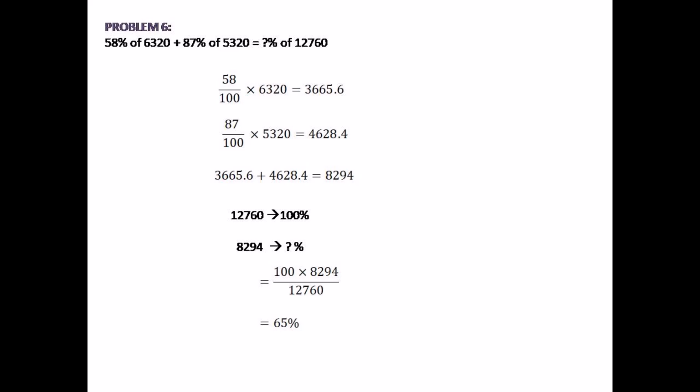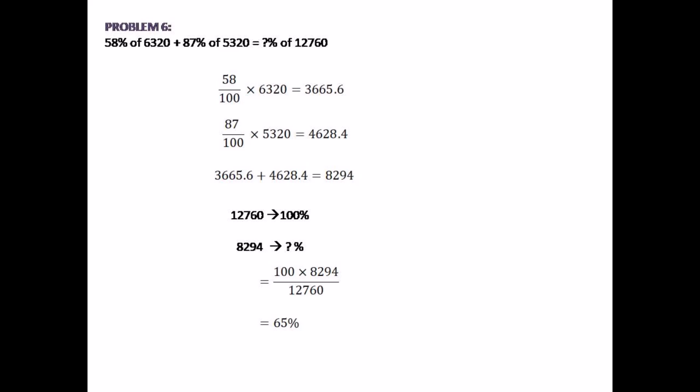58% of 6,320 plus 87% of 5,320 equals what percent of 12,760? 58% of 6,320 is 3,665.6. 87% of 5,320 is 4,628.4. Adding 3,665.6 and 4,628.4 we get